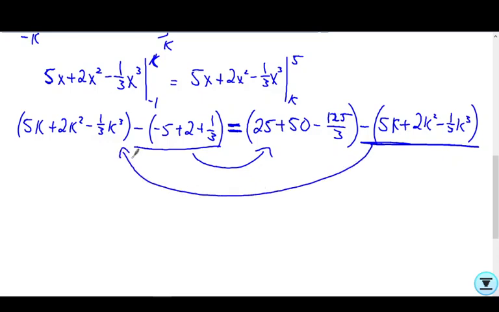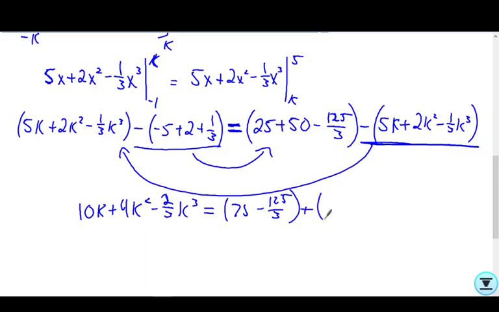So I'm going to have 5k, plus another 5k, which doubles my k's. On the right side, I get 10k plus 4k squared minus 2/3 k cubed equals, and then here I get 75 minus 125 over 3